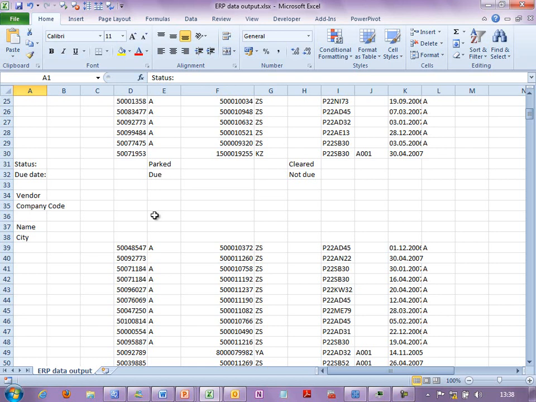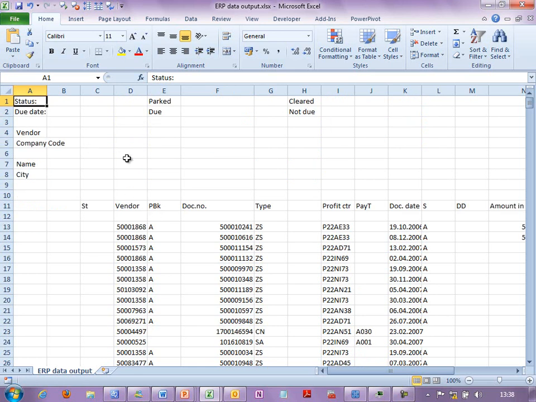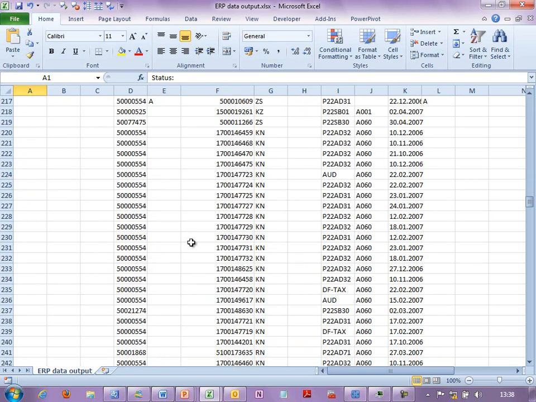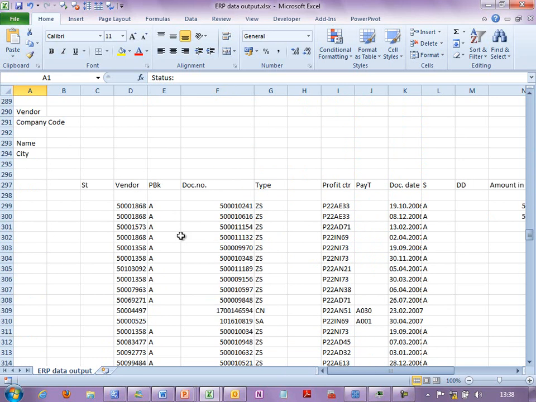Most systems are designed for printing the report. They have an option called export to Excel, but in reality what happens is that the printout is dumped into Excel. More often than not, it is not designed for export to Excel in a manner that it is directly usable. That's the problem. So this is a printout which is shown in Excel, that's all. What we are really interested in is the tabular data we can analyze, do conditional formatting, summarize it, filter it, whatever. But there is a page header, there is a page footer, there will be some subtotals, grand totals. You have to get rid of all that, make everything tabular, only then you can start doing stuff. That's the problem. So this is a cleanup requirement.